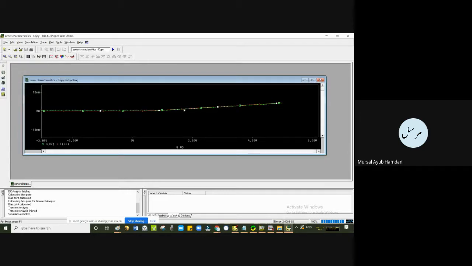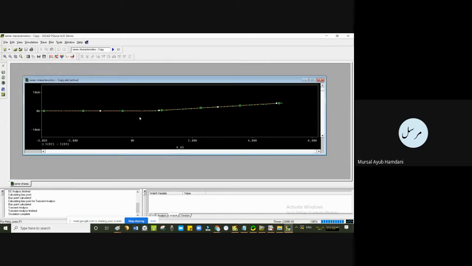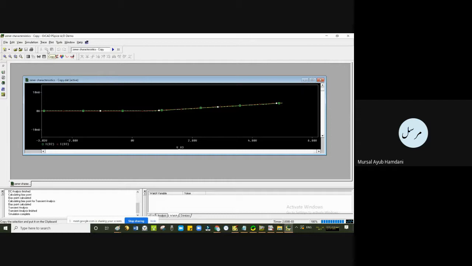The red one is also here. Both are similar, the ID3 and ID2. The Zener diode as well as the normal diode are similar in the forward bias direction. Now, however, if we go a little out, okay,